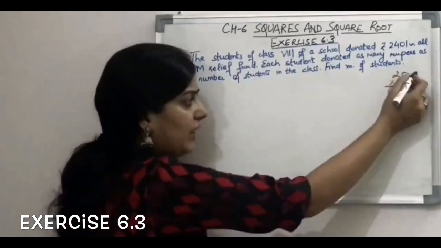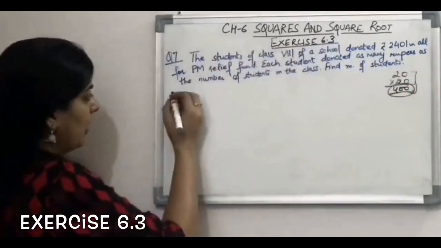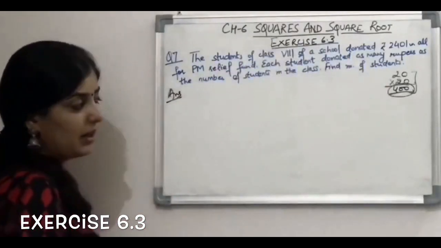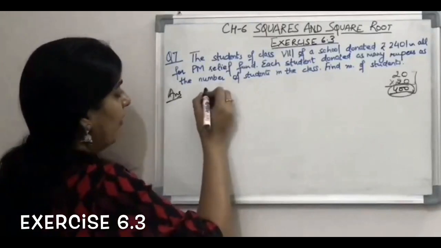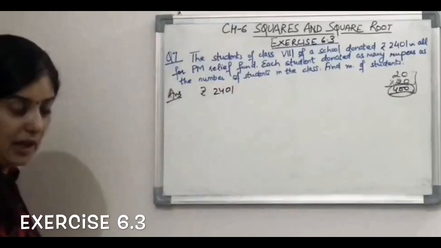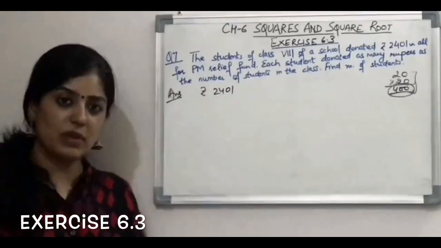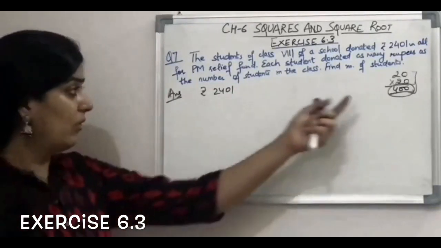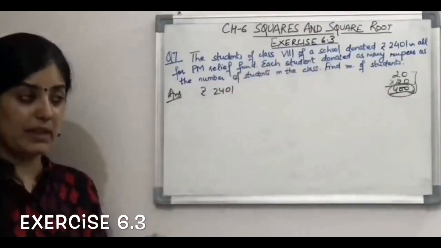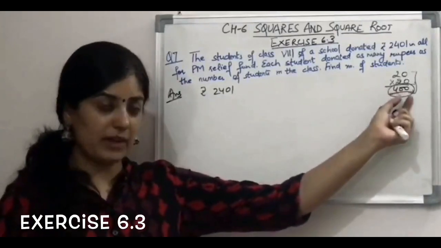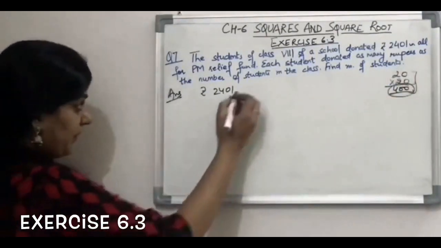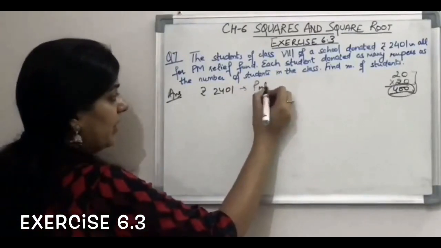Now obviously 20 is not the number. क्यों? क्योंकि total amount donated क्या है? You have to find the number of students. We have rupees 2401. But this will be a perfect square. Why? क्योंकि ऐसा ही कोई number होगा number of students का, और जितने number है उतना ही उन्होंने पैसे दिए. तो 400 is also a perfect square. दो बार हम एक number को multiply कर रहे हैं. That is why this will be a perfect square.